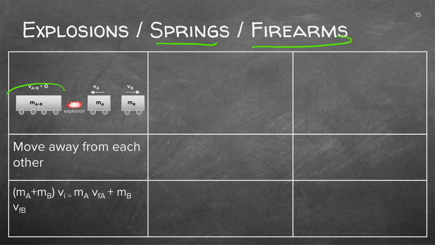So I've got this truck. It's got two portions, A and B. It is stationary, and then there's an explosion, and the one truck moves to the one side. Remember, we'll say that's minus, and this one is moving to that side, and we will say that's in the positive direction. So they are moving away, and be careful when you allocate your velocities that they've got different signs. Otherwise, you're going to make an error.